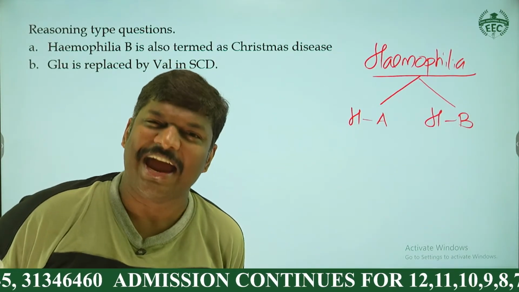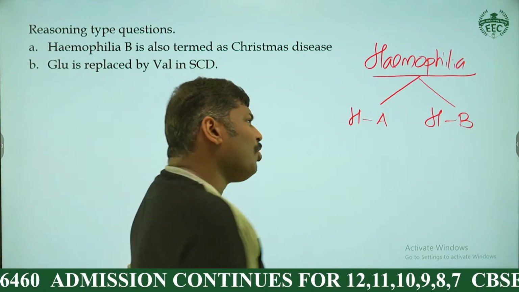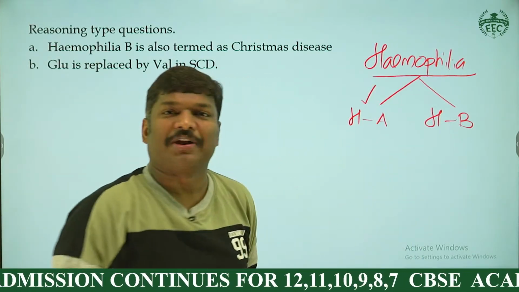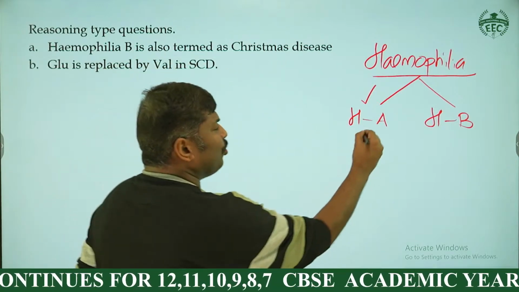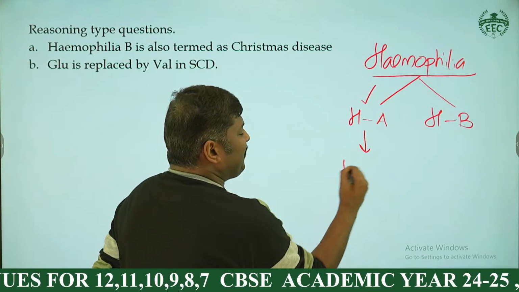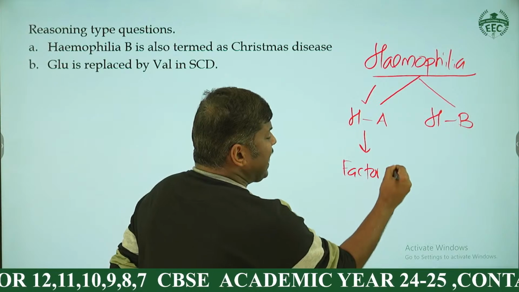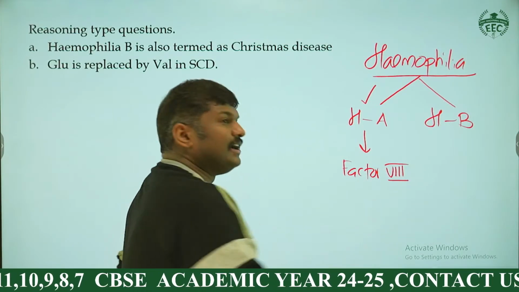One is called hemophilia A, the other one is called hemophilia B. Most of the cases we can see are hemophilia A. It is due to the deficiency of a factor named factor 8, my dear students, and you know 13 factors are